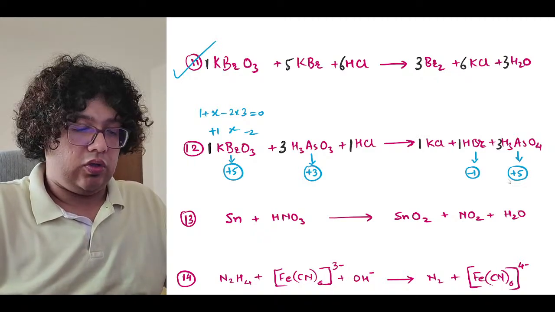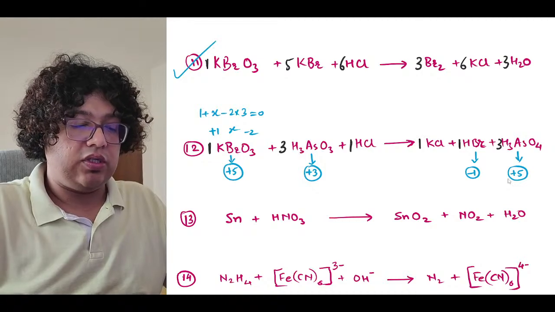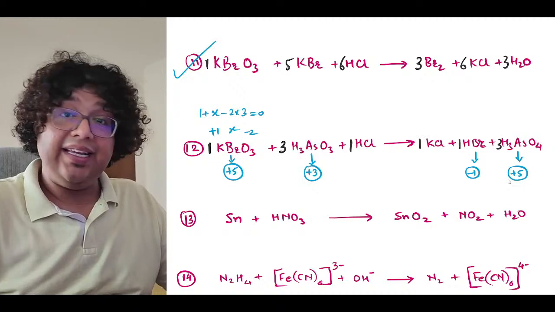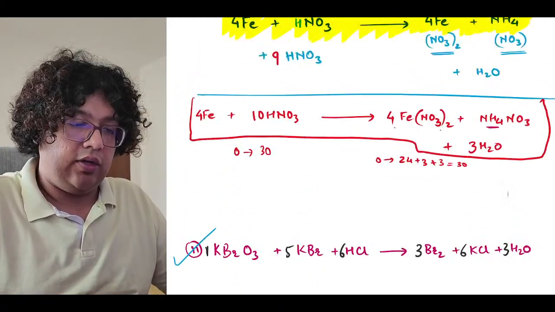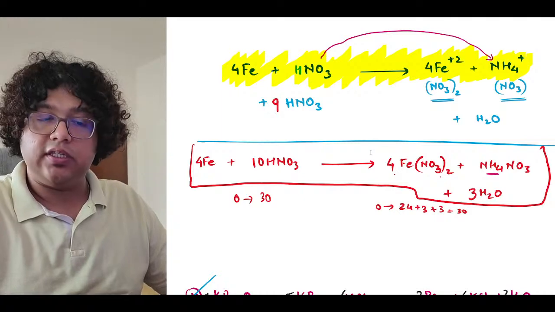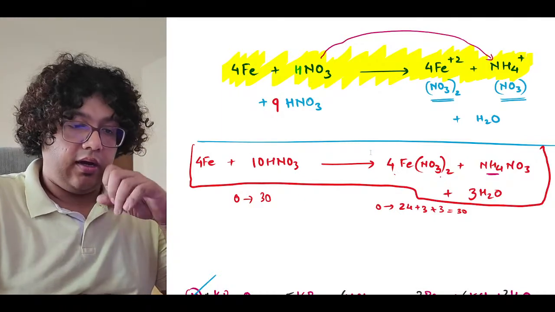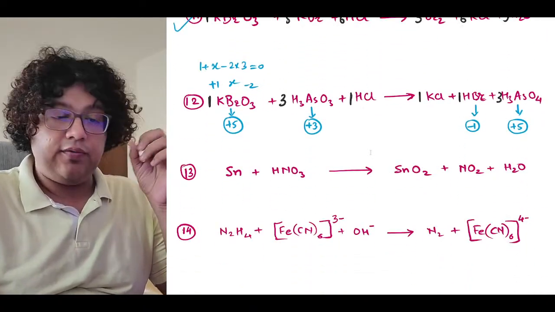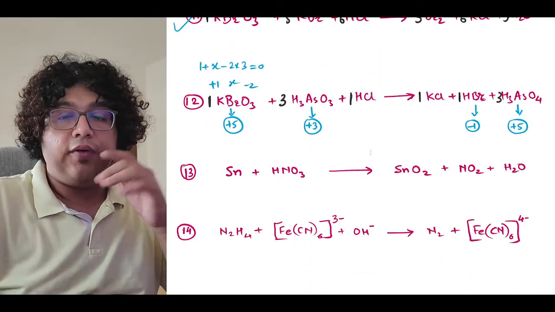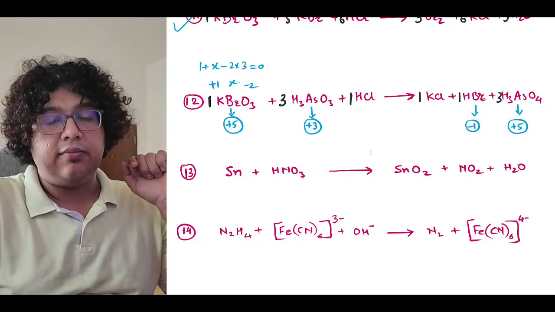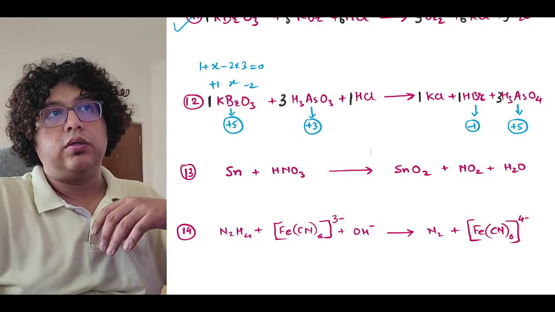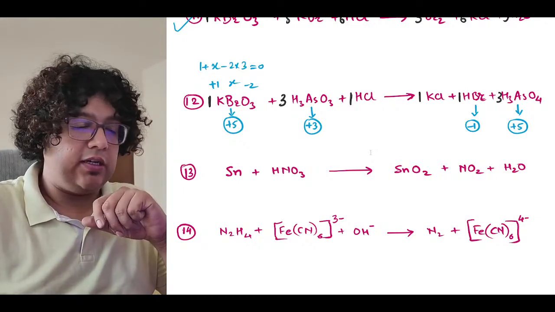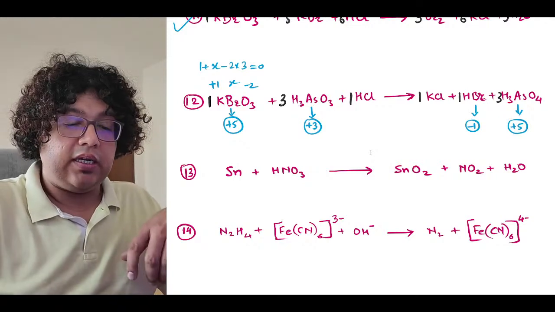Okay, sure. So let us focus on the next question, which is question number 13. In this question, we are reacting tin with HNO3. Just to remind you, in the previous question, we reacted iron with HNO3. Now, HNO3 is a very amazing acid. Its behavior with different elements has one thing in common: it will oxidize the element, and as a result, sometimes it produces NO2 gas, which is a brown colored gas. As in this case, when you add HNO3 to tin, you will get tin oxide.